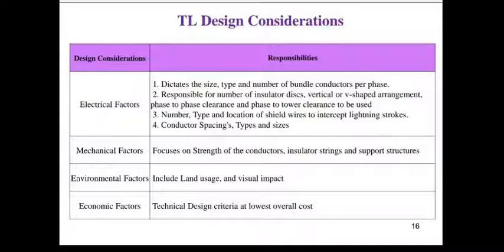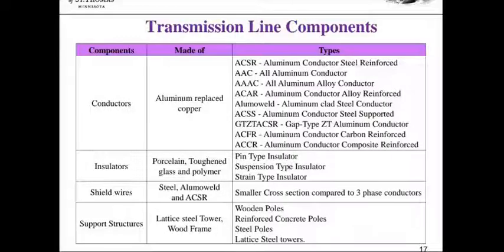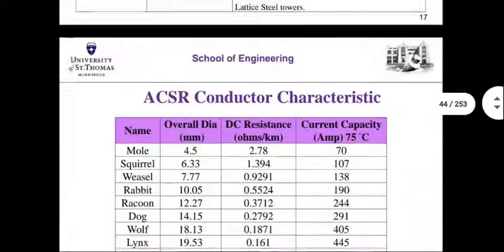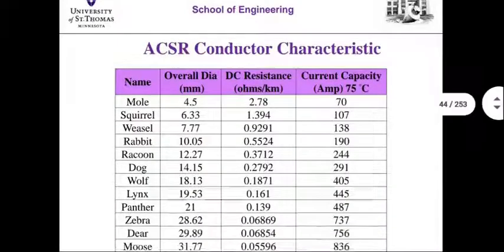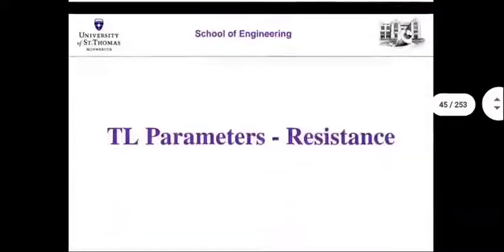Public is already complaining that we are charging them too much money for electricity, right? So we cannot afford to spend too much money in building transmission lines and power systems. Ultimately, money has to be made enough from the system so that at least we balance the economics throughout. Okay. Lot of details about transmission line construction. You may not want to read everything. Lot of conductor names, etc., etc. Let's move forward.